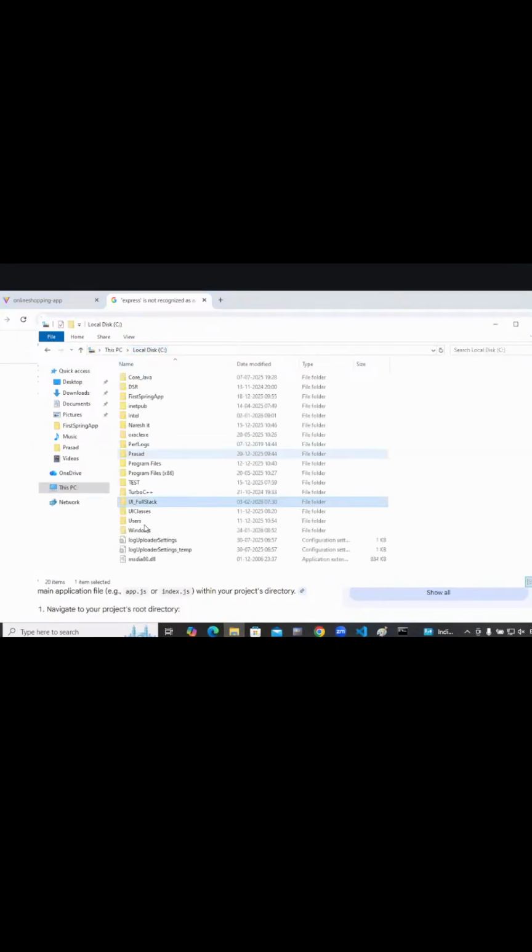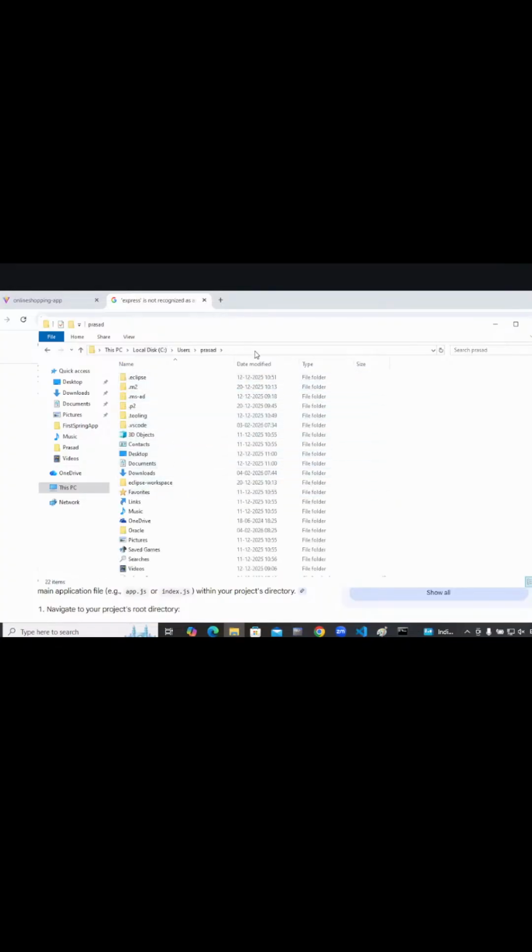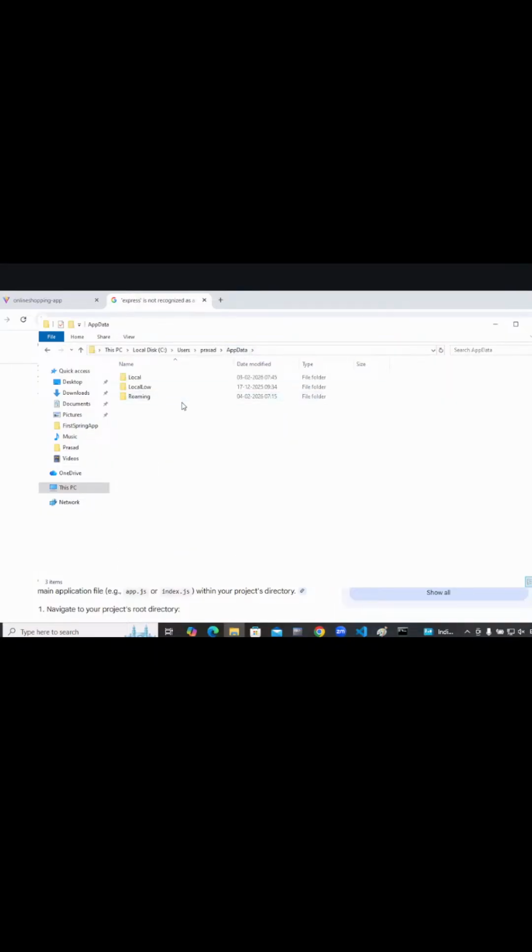Okay, C drive, users, Prasad, app data, roaming, and npm.